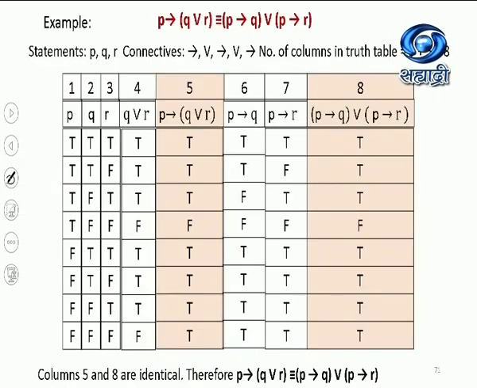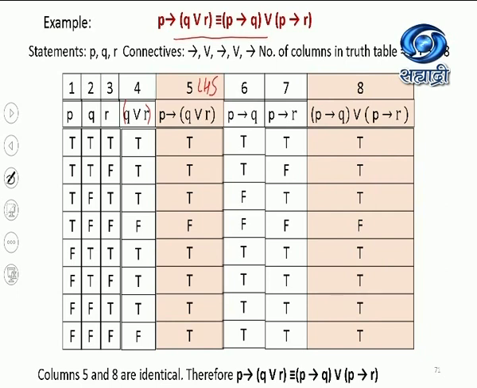One more example. This is also another important equivalence, and I have taken it because there are 3 statements involved. Let's see, but I have completely given you the truth table and you have to just understand it quickly. Left hand side statement pattern is P implies Q or R, equivalent to P implies Q or P implies R. You can see from both the sides, count the statements only once. 3 statements P, Q, R. Then fourth column will be for Q or R. Then P implies Q or R is our LHS.